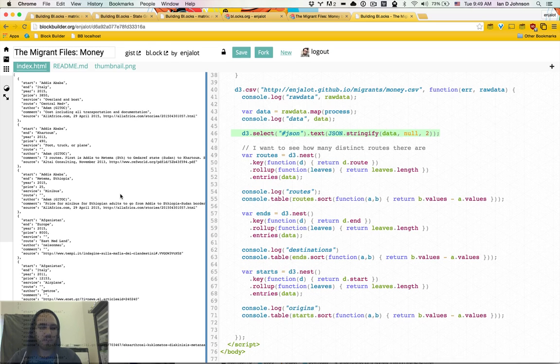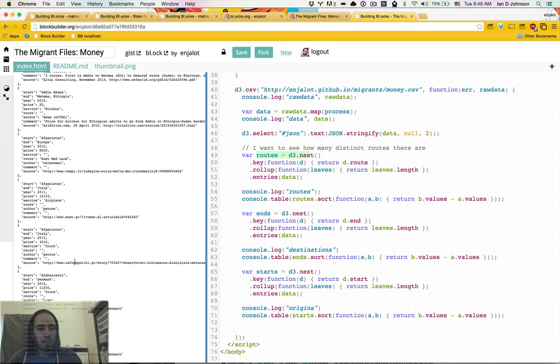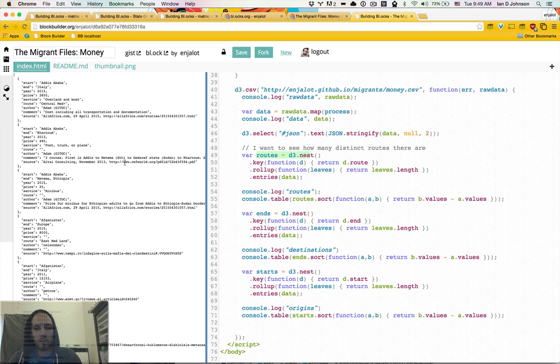But for now, we're just gonna take a look at a couple of things that we can see in this data. For example, there's these routes. So this East Mediterranean land, so traveling through the East Mediterranean by land, or sometimes there's a missing route, Central Mediterranean plus. So there's a few of these things, and one of the first things I always want to do is